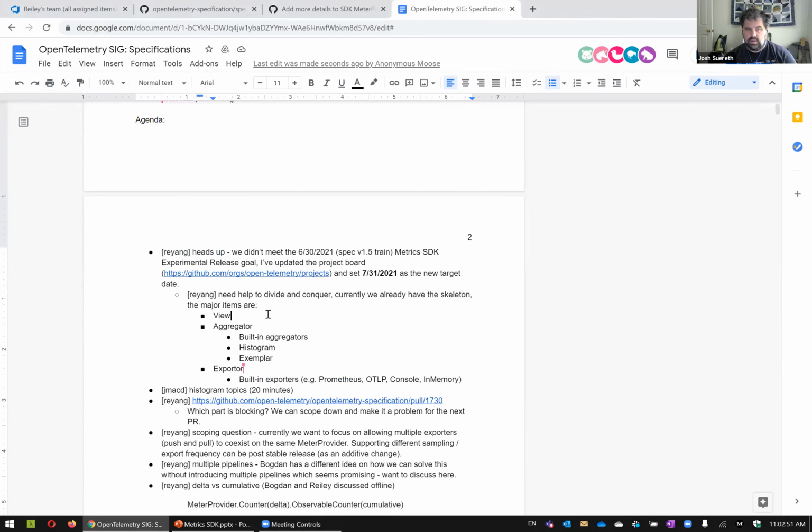So really, what do you need help with regarding aggregators? This is the spec work. My goal is to have the skeleton of the spec so we can have people working on individual sections. For example, meanwhile, I'm struggling with the view part. I'll try to address the concerns and consolidate different ideas. But meanwhile, I think aggregator can start without having to wait for the view PR. All right. I'm happy to help there, by the way.